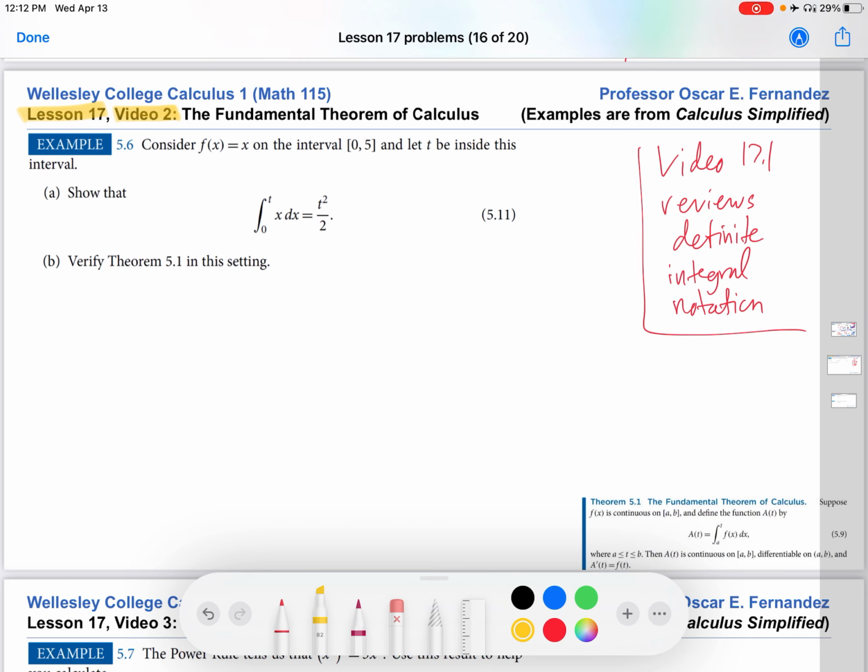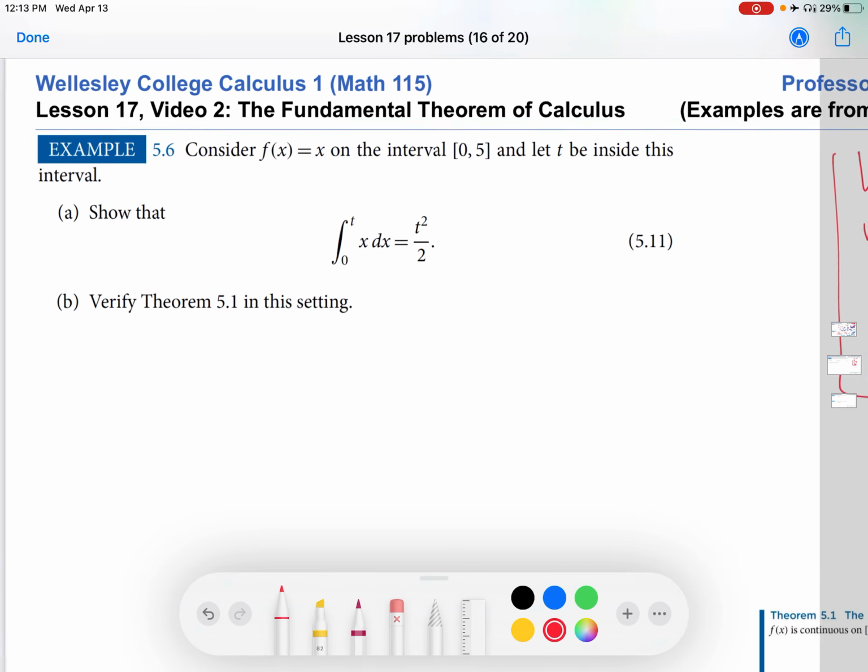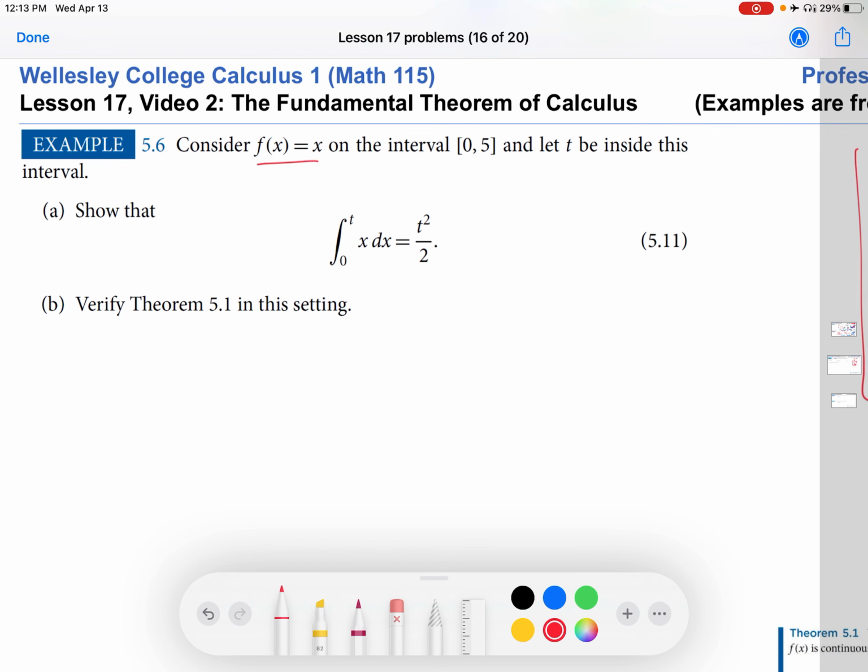We are now talking about the fundamental theorem of calculus, which sounds important, and indeed it is. It's one of the most important theorems in calculus. I'm going to do that in the context of example 5.6 from Calculus Simplified. So let me read through the example first, and then we will get to the fundamental theorem when we are in need of it. Zooming in a little bit here, consider f of x equals x on the interval 0